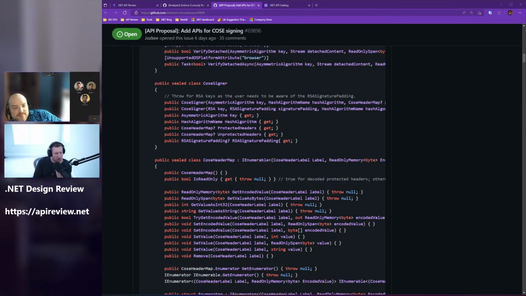Decode it and figure out what to do. But isn't that just a factory of whatever that type would be that represents the value? CBOR encoded value.raw. Like System.Text.Json has something similar, JSON encoded text.raw or whatever. I mean, the reason why I like it is because it also solves the byte array problem from earlier, right? You always have a uniform type, and then whether you deal with span memories or byte arrays, it's just what method do you use on the thing to access it, right? Which seems